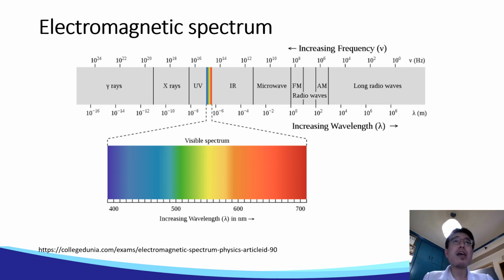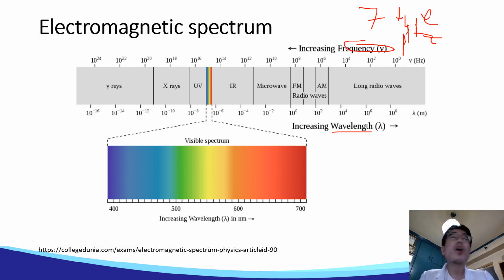Broadly, there are seven main types of electromagnetic radiation arranged in order of increasing energy. In a gist, frequency is the number of waves passing through a specific point per second. The unit for frequency is hertz. Wavelength, on the other hand, is the distance between consecutive corresponding points on the same phase on the wave. The higher the frequency of a particular electromagnetic radiation, the lower will be the wavelength, and vice versa.